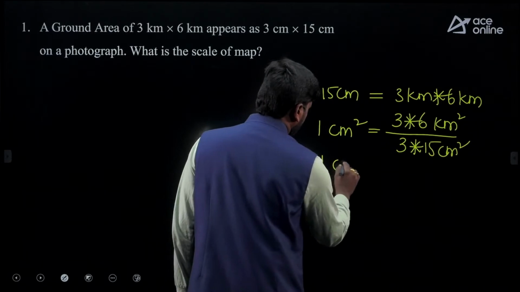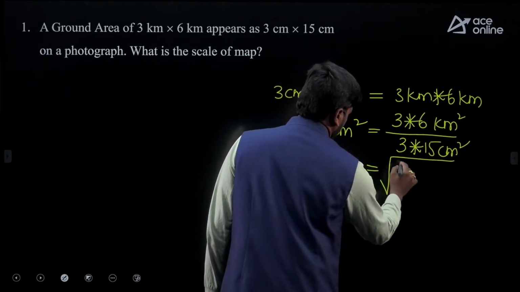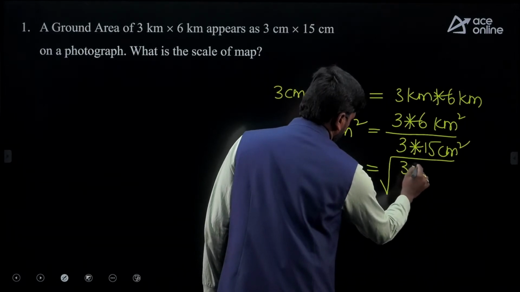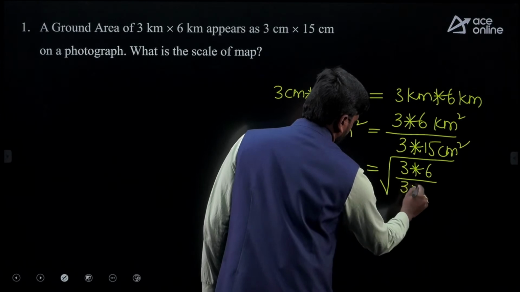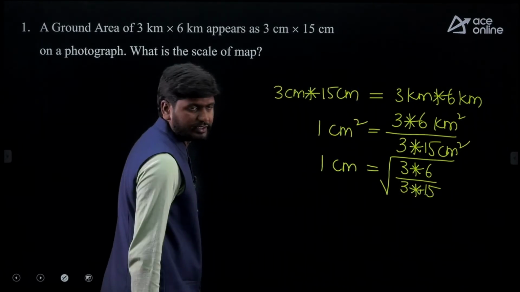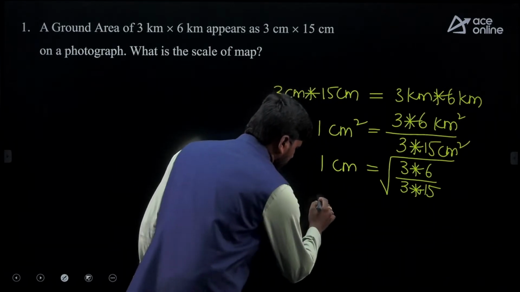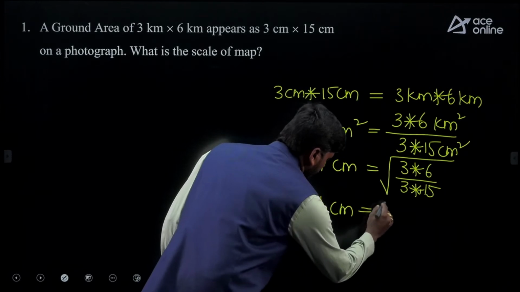So for 1 centimeter it will be under root of the above value, 3 by 6 divided by 3 by 15, right. If you solve this, you will get 1 centimeter is equal to